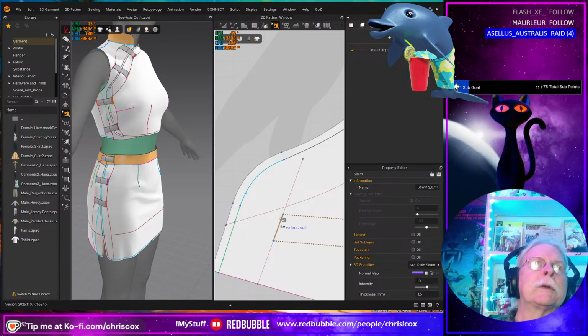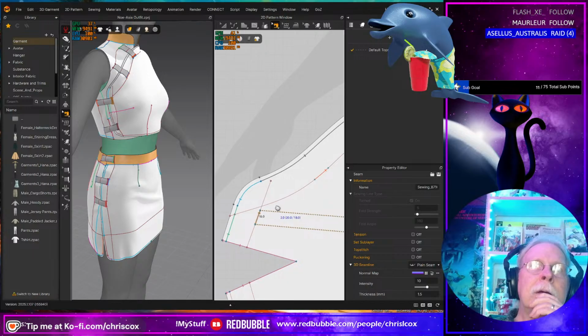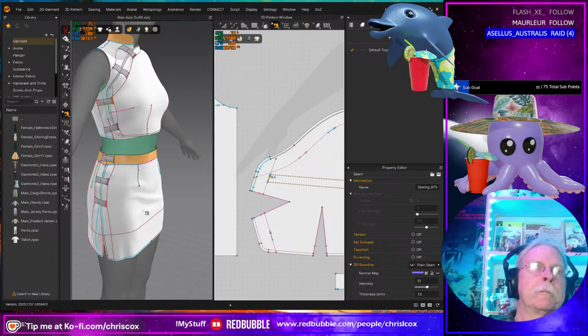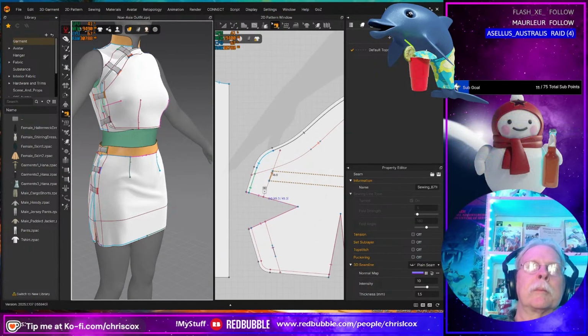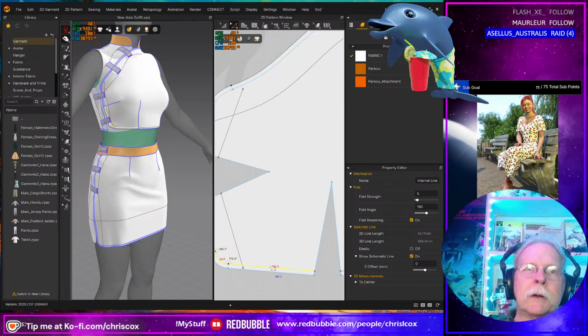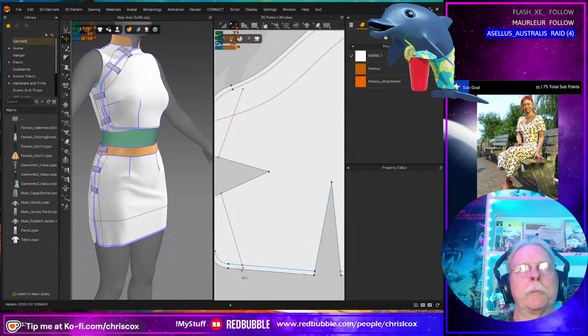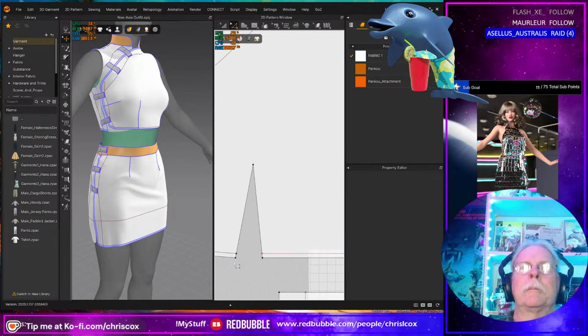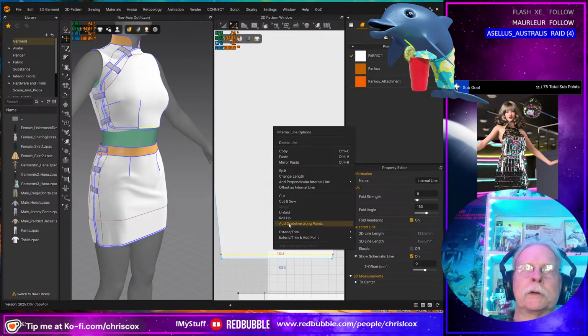Do I need to tweak you somewhere else? Probably not going to like these internal lines, but we'll see. Okay, did I cut and sew? I have not cut and sewn that out yet, have I? Can I get away with this big? No, that's fine. It's not a big piece. Cut and sew. I should probably extend you to the pattern outline. Cut and sew that.